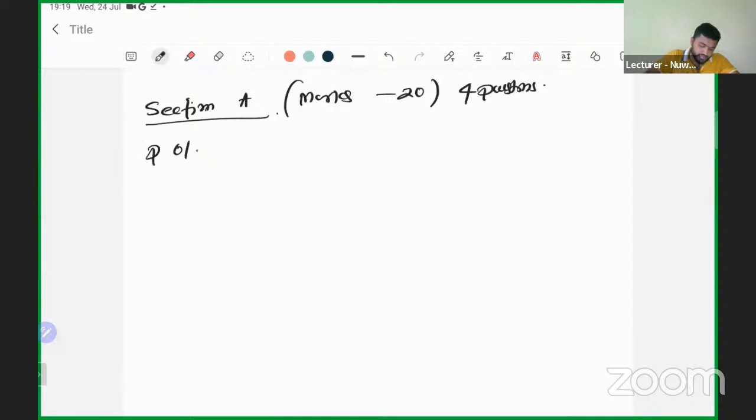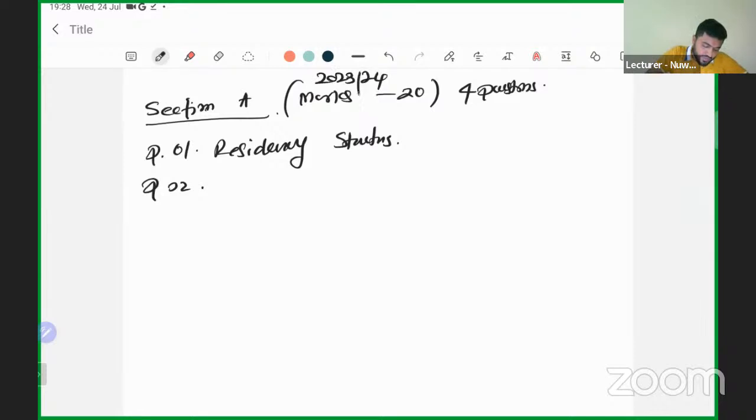Question 1 is residence status. Then question 2. So this is the structure, my dear students. The structure will not change this time. Your year of assessment is 2023/24, and residence status is the first question. When we discuss residence status, it is whether a person is a resident or not. Regarding that, what you need to understand is